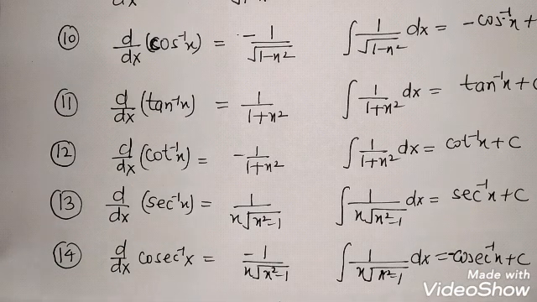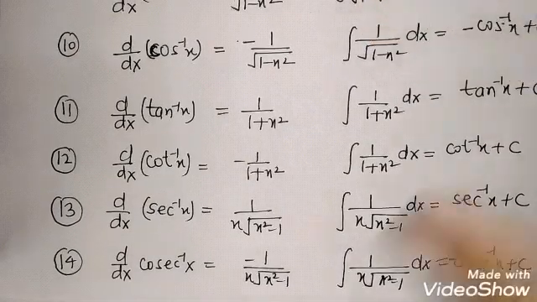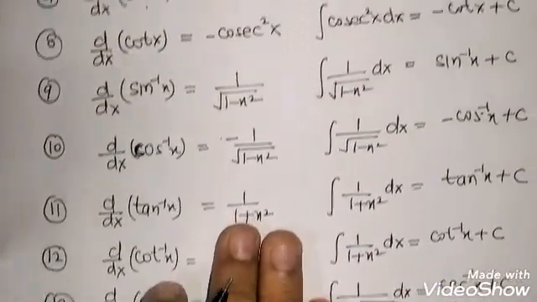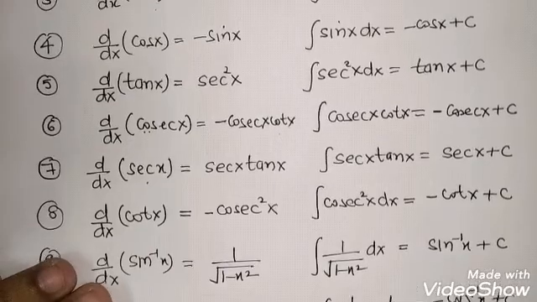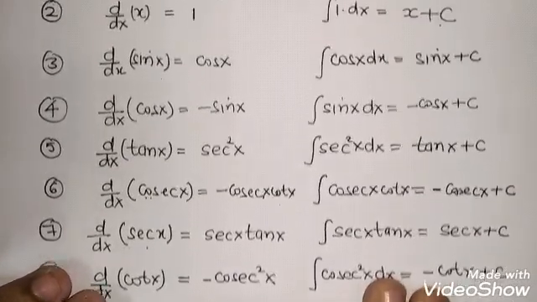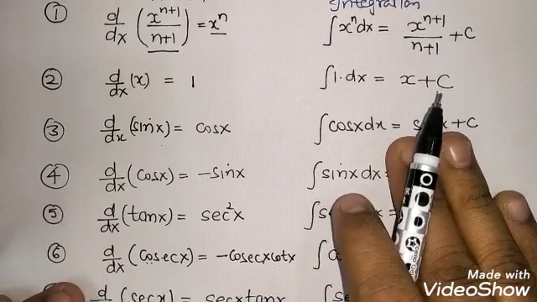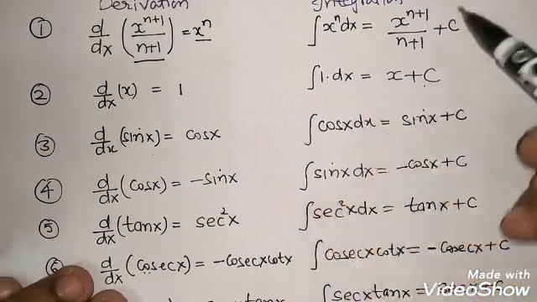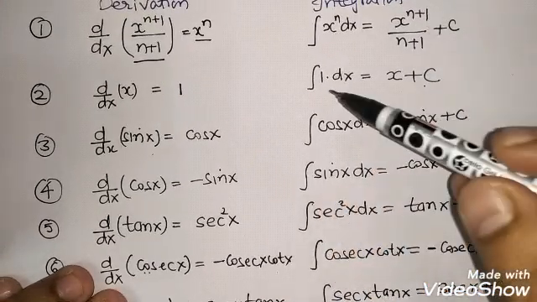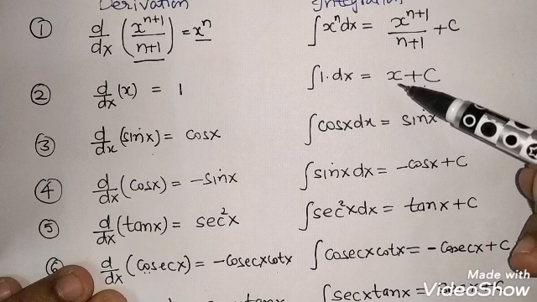Okay, I hope you are understanding the formulas over here. I'm just giving you a recap of all the formulas. We are dealing with integration. In recapitulation, I'm just rewinding the formulas of integration only. So we are starting with x to the power n. The integration of x to the power n is equal to x to the power n plus 1 upon n plus 1 plus c. Integration of 1 dx is equal to x plus c.